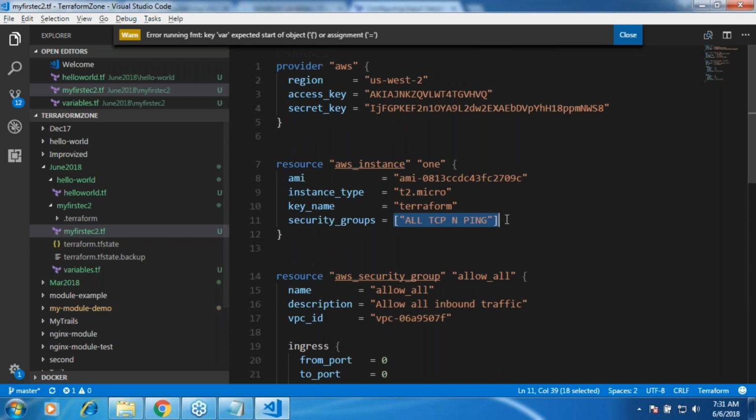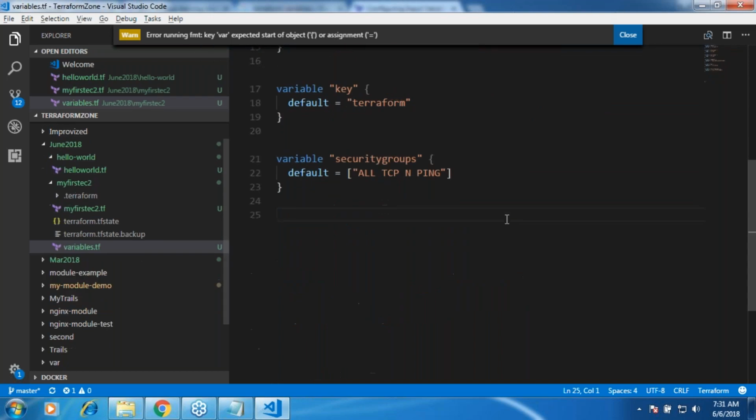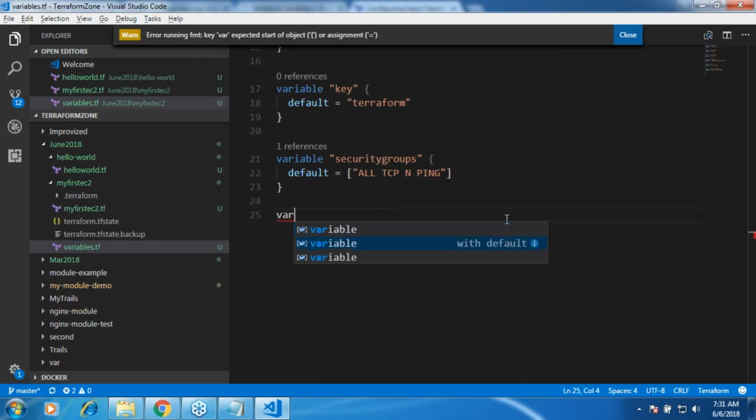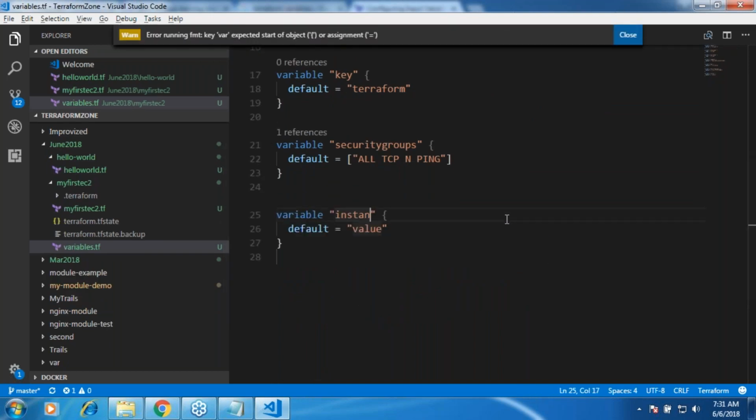And then what are the other things? This security group is fine, I'm not really interested in this part, so it's okay. Now what is the other thing which I need to give? Instance type. All right, so variable with default instance type